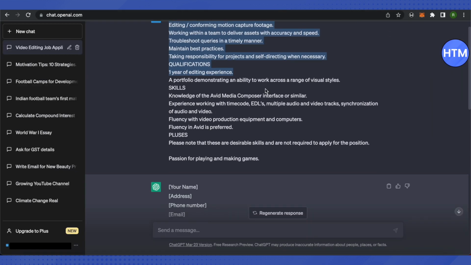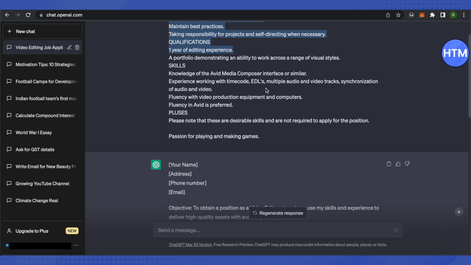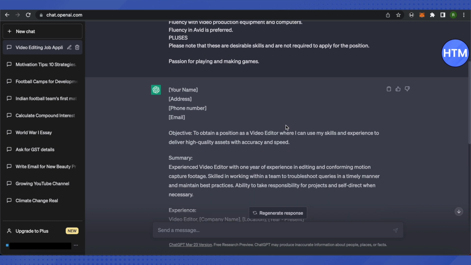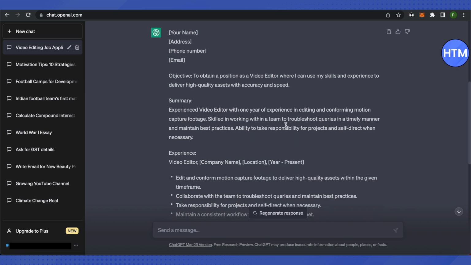And after that, ChatGPT will see what the requirements are that the recruiter is seeking, and on the basis of that, ChatGPT will give you a resume template which is as similar to that particular job. So you will be able to come up with new resumes for every single job that you apply to. This way you will be able to make your resume as relevant as possible to the recruiter's